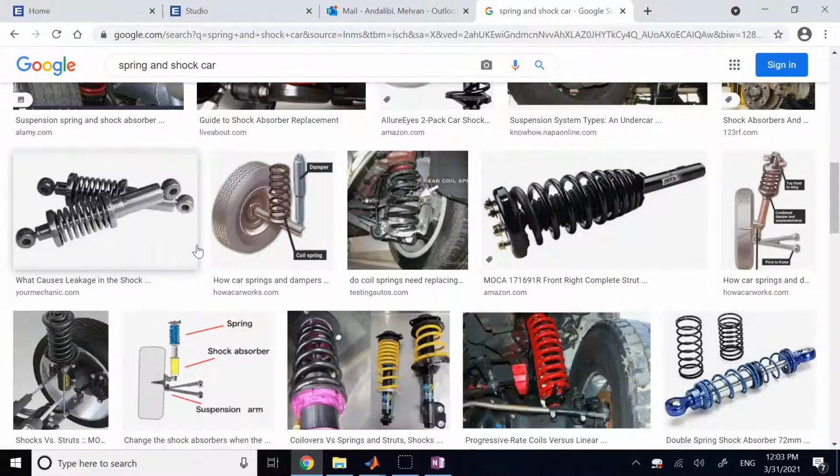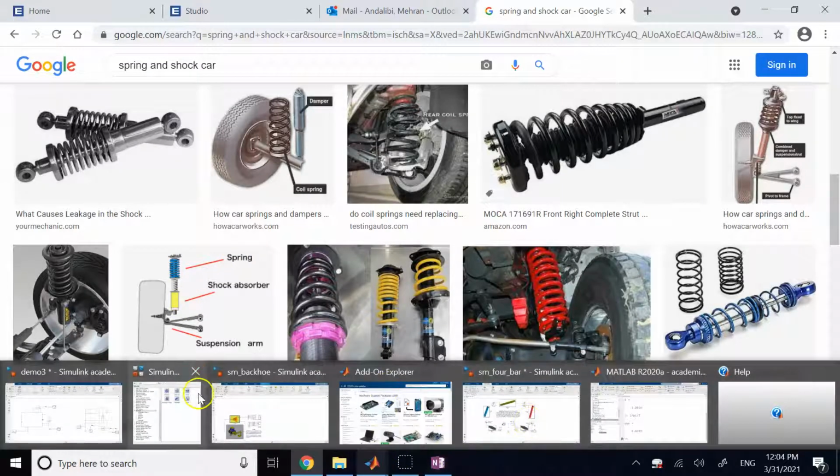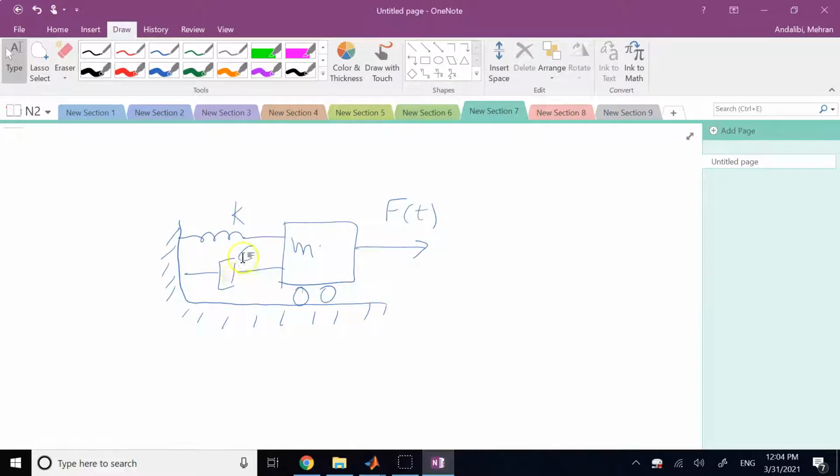Okay, so isolation of vibrations and killing vibrations is the job that you have in the shock and in the spring in a car suspension, and that's what you see here. Okay, a mass and a damper. Most of the dampers are typically a piston moving inside a cylinder, where between the piston and cylinder you have a viscous fluid like oil or something, and moving this piston in the oil will take the energy of the piston away. Okay, so you want to simulate this system, and you have the values for C, K, M,